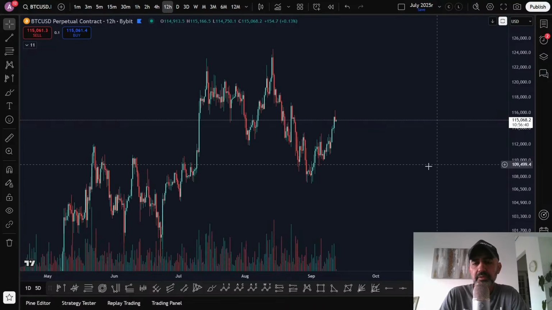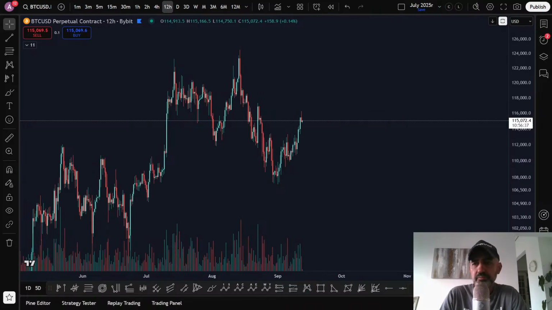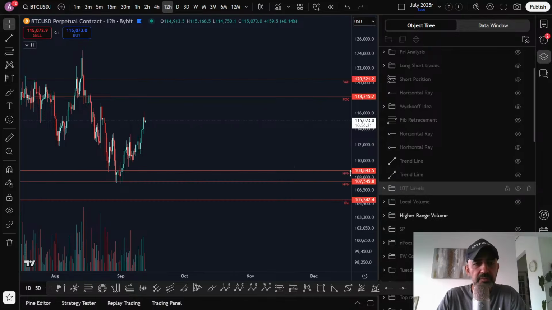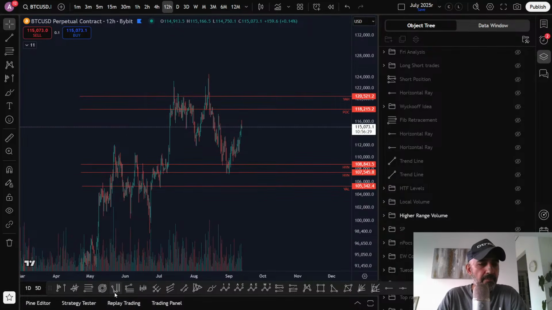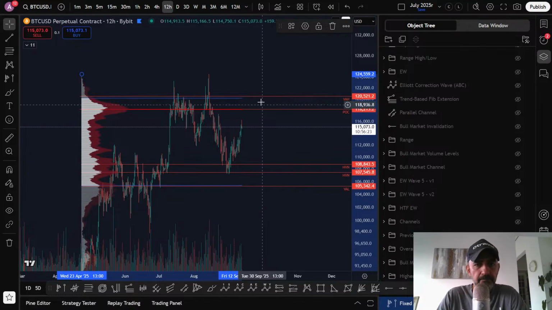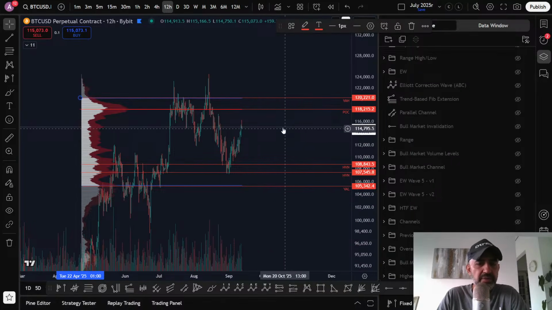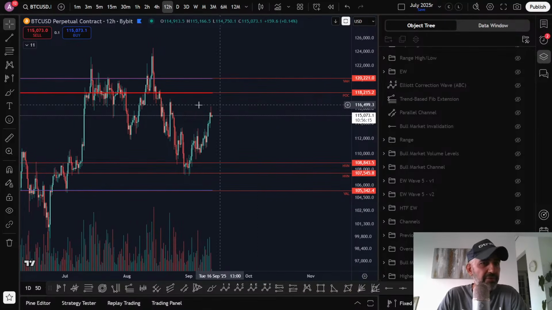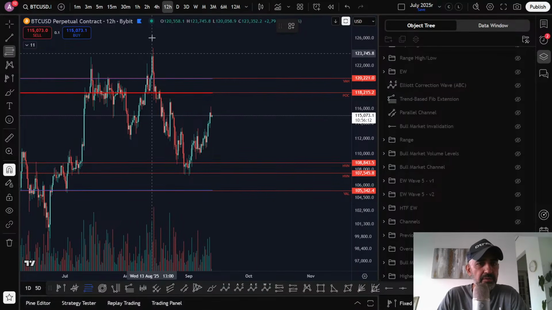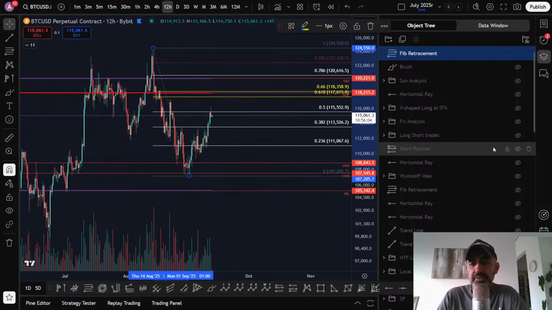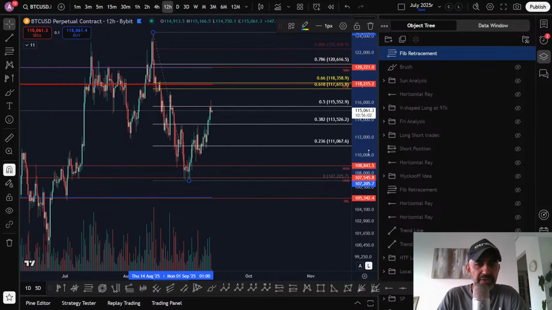And what I'm going to do, first things first, is look at the volume. Yeah, no changes really. So you still have quite a strong resistance here at the point of control. You just got to be aware of that. That's a really strong resistance. That lines up perfectly with the golden pocket. And we've had a reaction off the 50 fib.